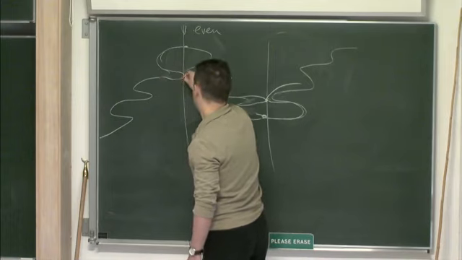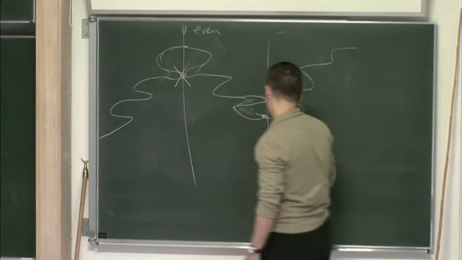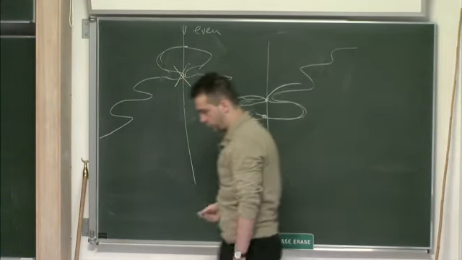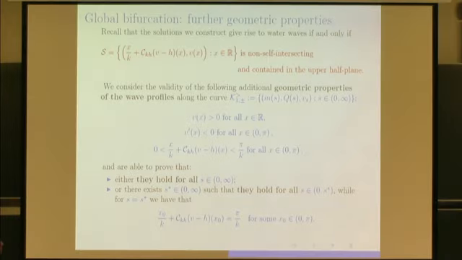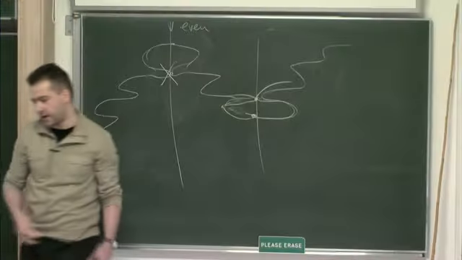But this we can rule out. So something like this is not possible, but something like this is possible. So either the solutions are physical for all the values of the parameter up to infinity, or they are physical until there exists a limiting configuration where this relation is true, which means exactly what I have drawn here, that there is touching